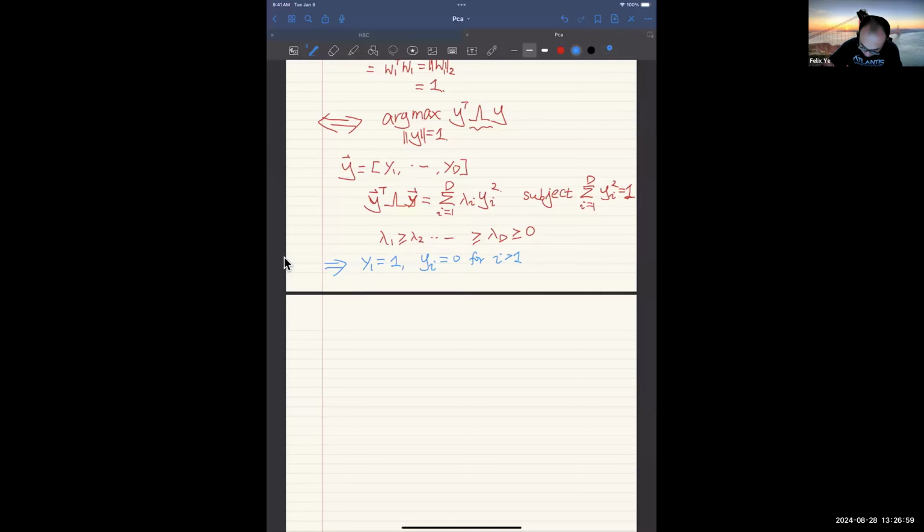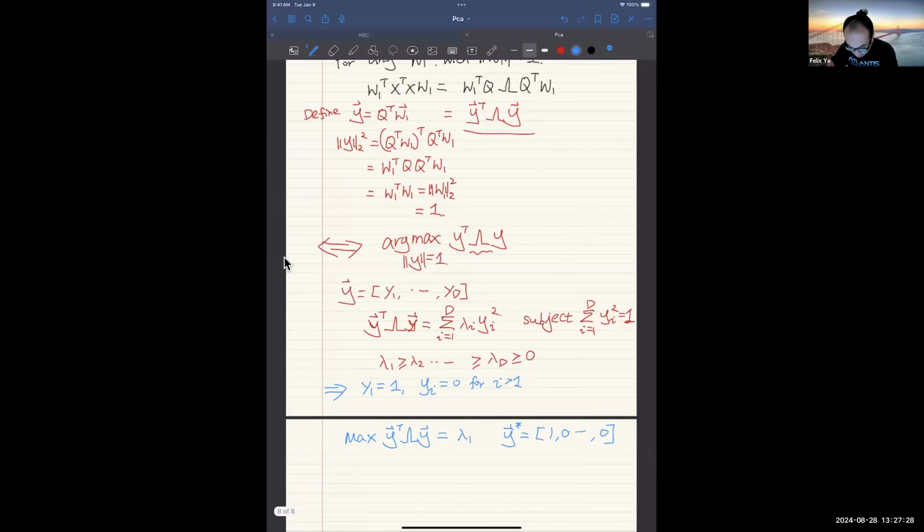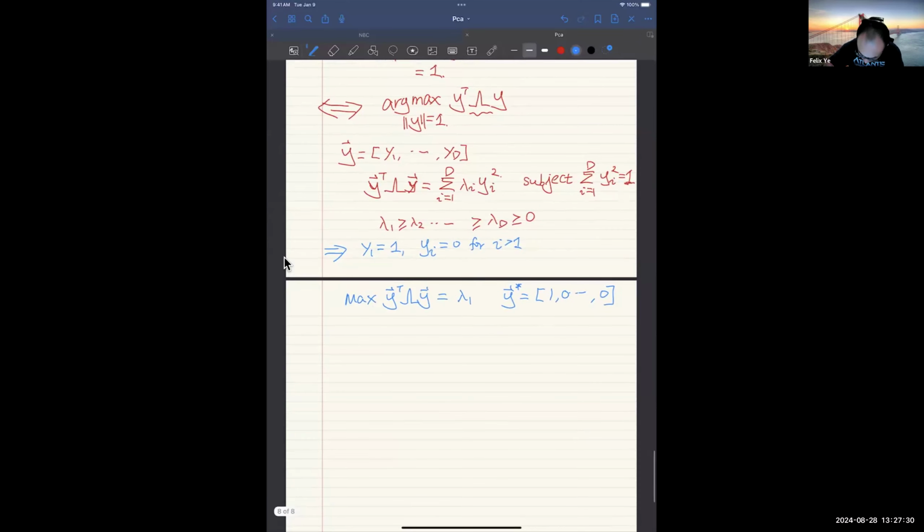So then the maximum of y transpose lambda y is nothing but just lambda 1, and y star is just a one followed by a bunch of zeros. So as a result, if we want to recover the optimal W1 star,